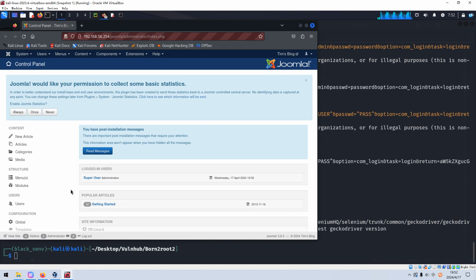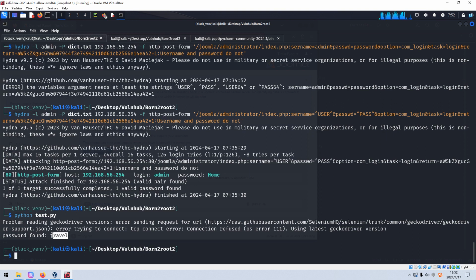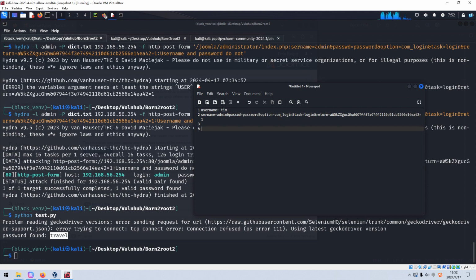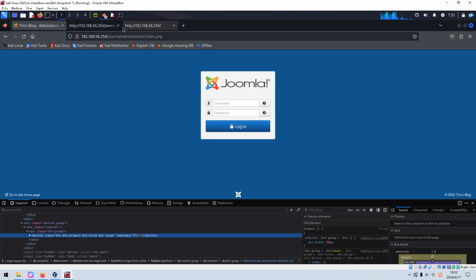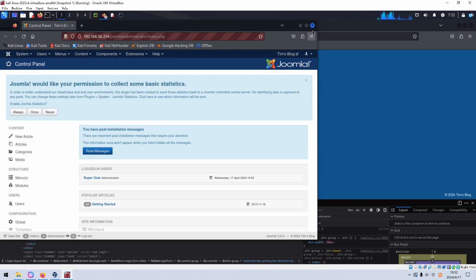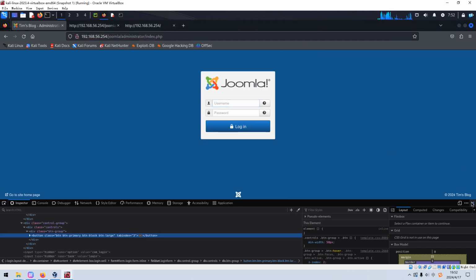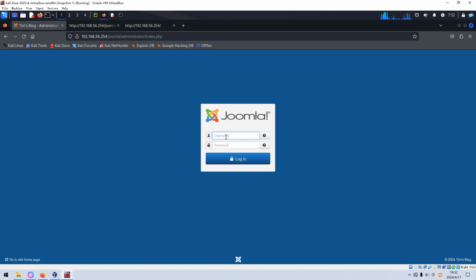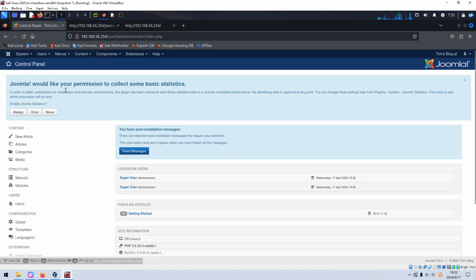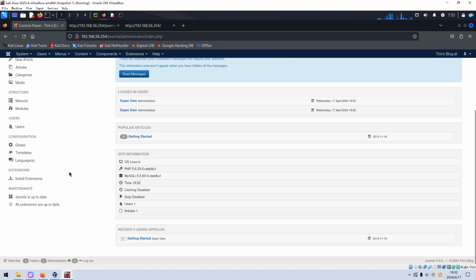Yeah, as you can see, I think it's found. I mean, the correct password has been found. Okay, we can note down this password in our notebook. I think we have already logged in, maybe I can close this down. And now we can close up the developer to admin. Okay, would you like to permit connecting some basic statistics? Okay, just as I said, we need to go to the